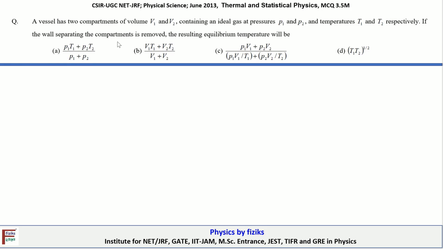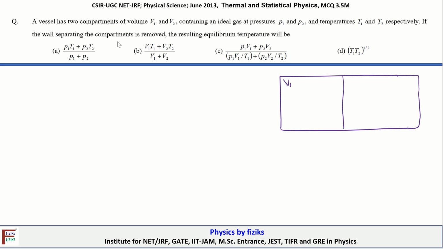This is also from thermodynamics. So we are given a situation where a vessel has two compartments of volume V1 and V2. Let's draw it here and then try to understand. We have a big vessel which is further divided into volume V1 and V2, containing ideal gas at pressure P1